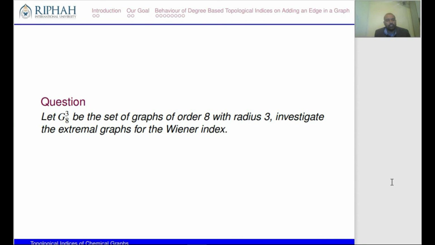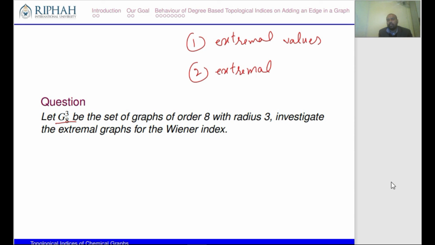So another question: let G38 be the set of graphs of order 8. Okay, so we made another set here. Let G38 be the set of graphs of order 8 with radius 3. Investigate the extremal graph for the Wiener index. Again, this set contains many graphs, and we need to find the graph with maximum and minimum Wiener index. Of course, there are 2 questions. First, we need to investigate the extremal values, I mean the maximum value and the minimum value, and second, extremal graphs. An extremal graph means which graph attains the minimum value and which graph